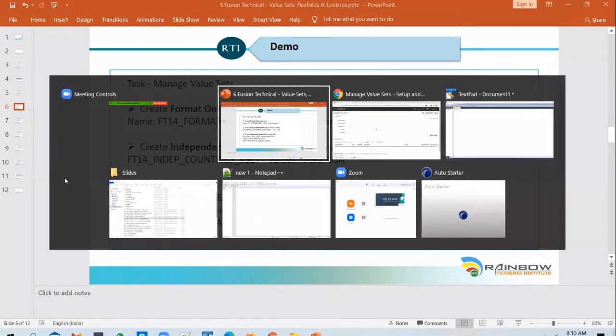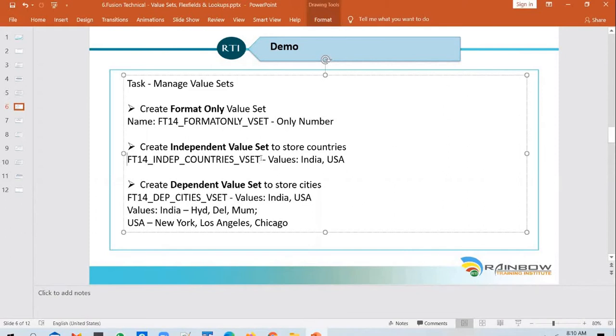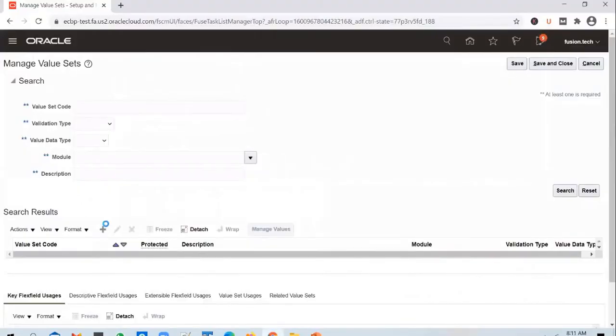I think you might have that option in the flex field configuration, because you want to make a flex field segment a radio button, right? Not a value set. So we're configuring value sets, and probably we'll see if there is any option to make it as a radio button in the flex field segments. Okay, let's create a new value set.